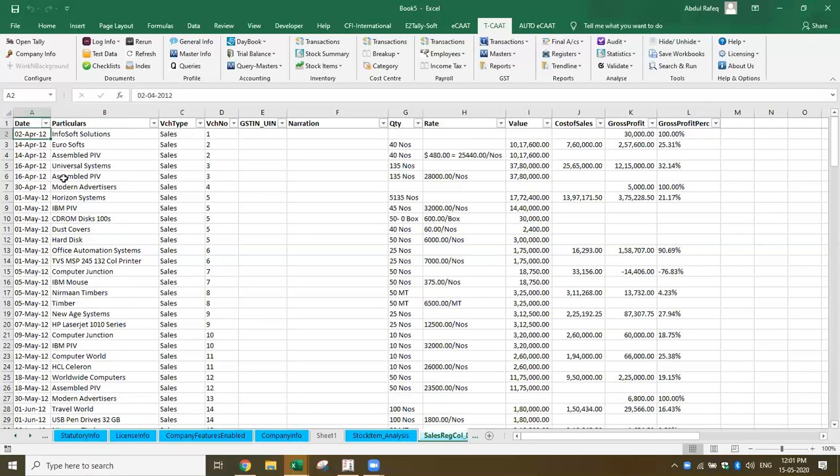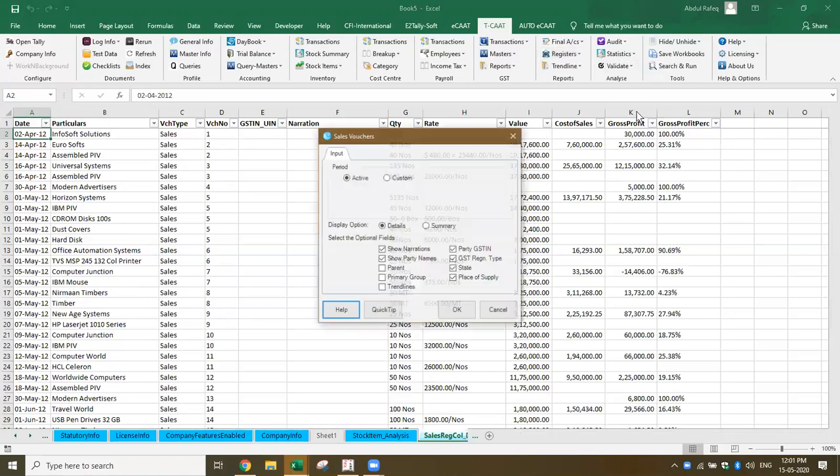Now in Tally also you can get this report, but the problem is that when you export from Tally, you will not be able to analyze it because it does not come in a structured format. In the same way you can also get registers pertaining to purchases. You may want to know the sales extract voucher-wise. For each voucher, how it has come, you can also get this information.